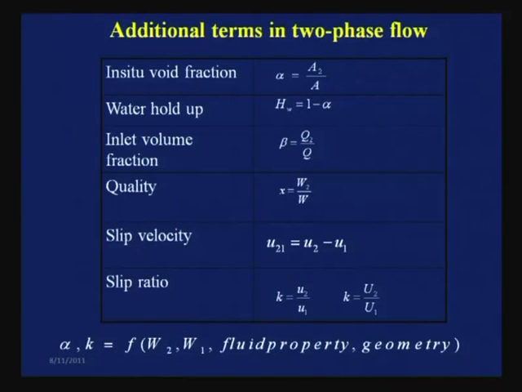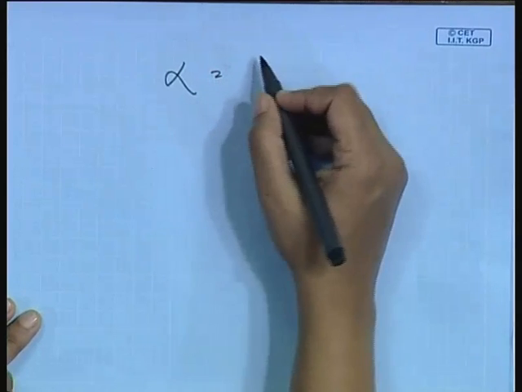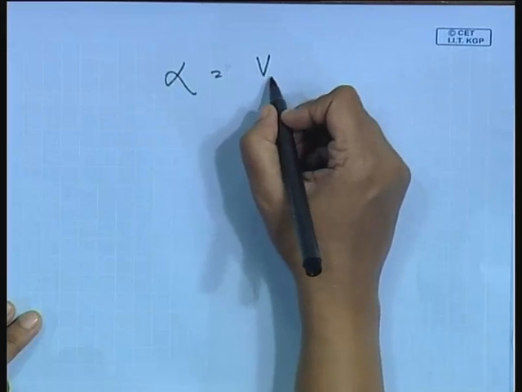Usually it is the volume fraction under steady state, when the void fraction or the in situ composition does not change with length under fully developed flow conditions. Usually the area fraction and the volume fraction are the same. So in any particular way we can define it, but the actual definition of alpha is the volume fraction occupied by the lighter phase,